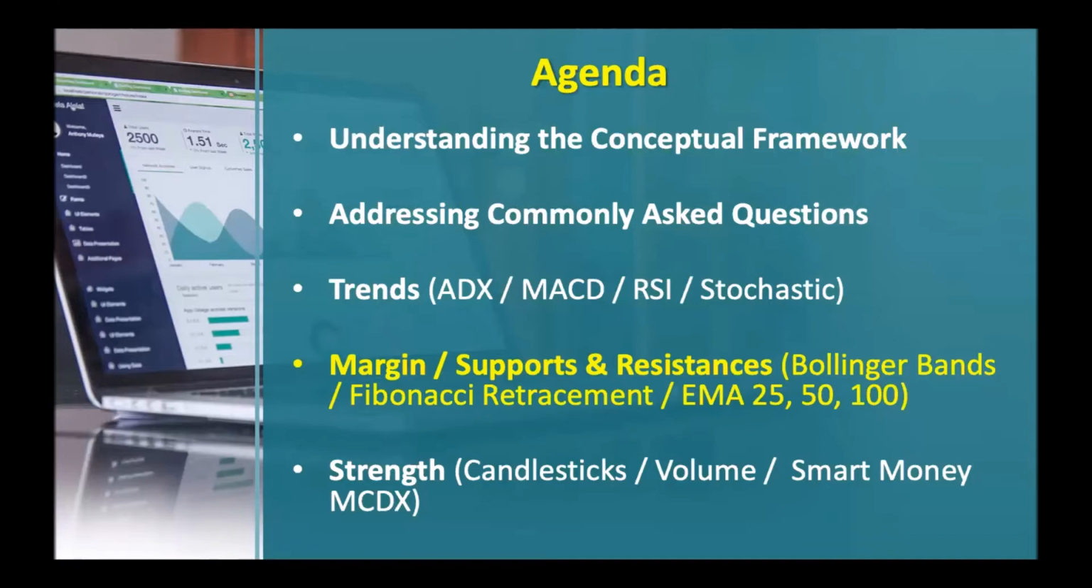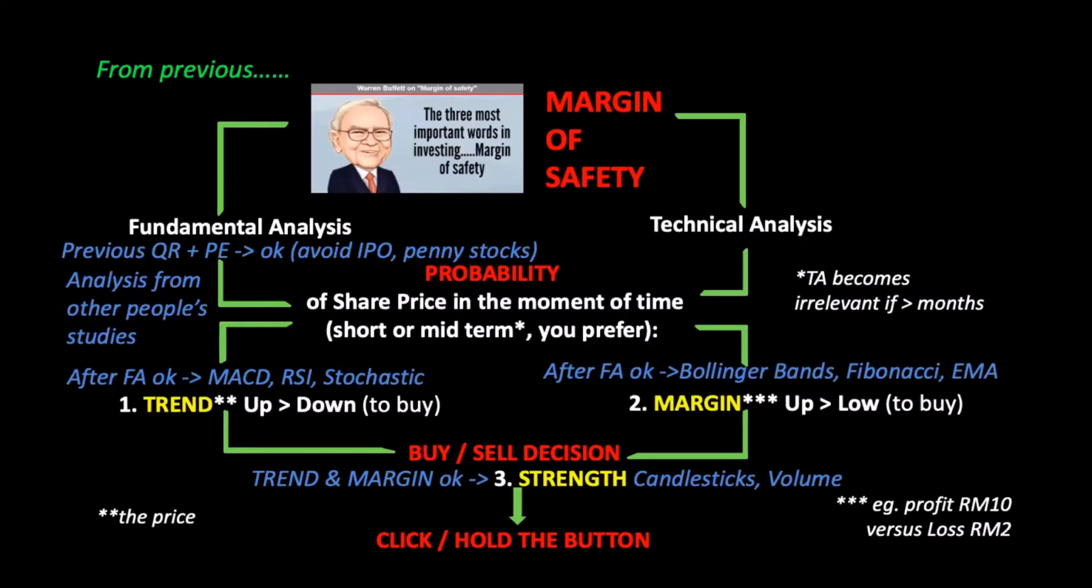So it can be margin, support and resistance, or high price and low price, using Bollinger Bands, Fibonacci retracement, or EMA, exponential moving average, 25, 50, 100 and sometimes 200 days. Then only go for the strength. Okay, from previous,